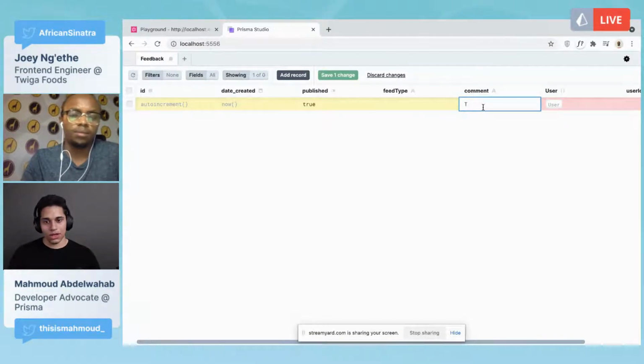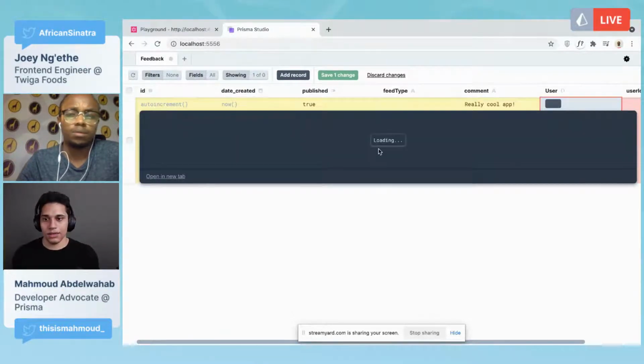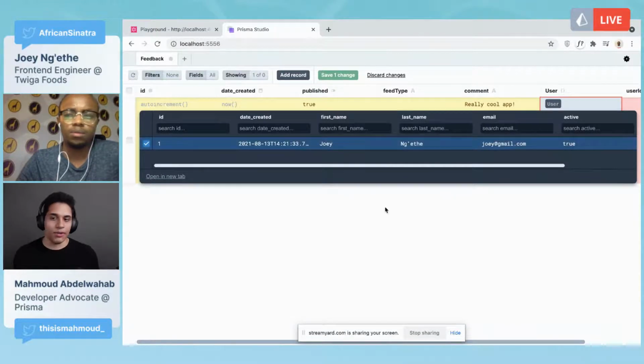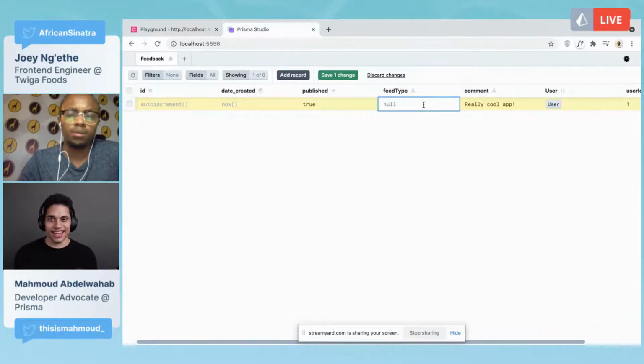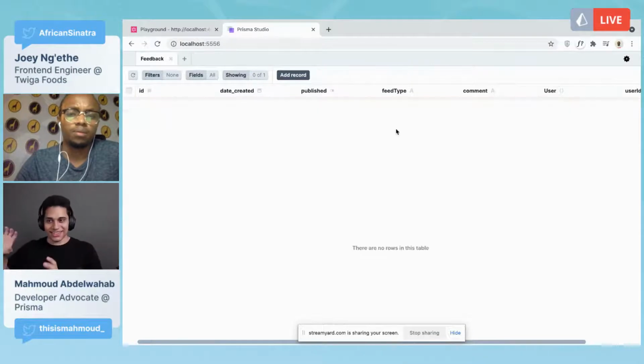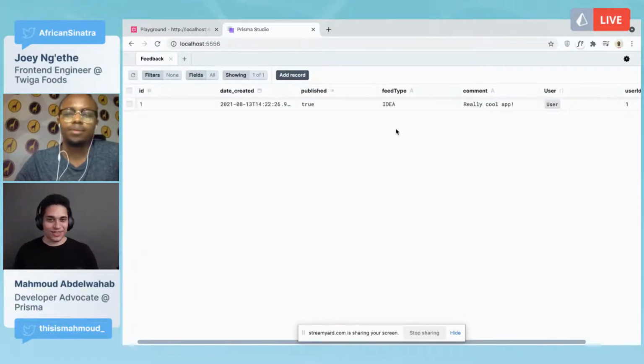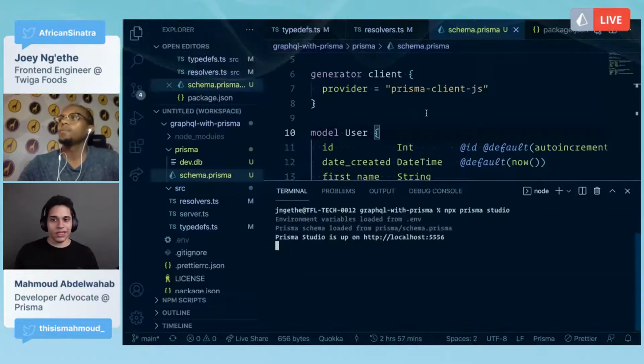That's something you also need to be aware of when modeling your database: which models rely on what exactly. So this is Prisma Studio, and now we have our database with data inside it. We have a user with a feedback. Actually, I don't think you need to add quotes for the ID. You can just make it capitalized and it will be saved as a string since we defined that in our Prisma schema. Now let's recap everything that we've done because we've been running for quite a while. In case you forgot, or maybe you joined a little bit late, we're building a GraphQL API.